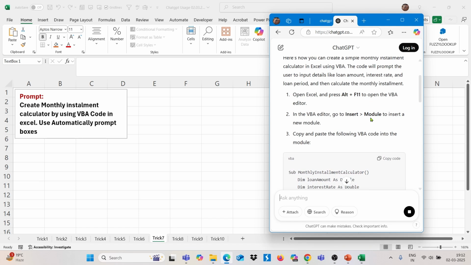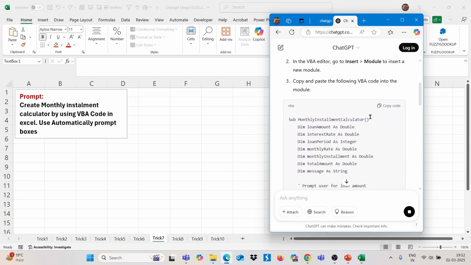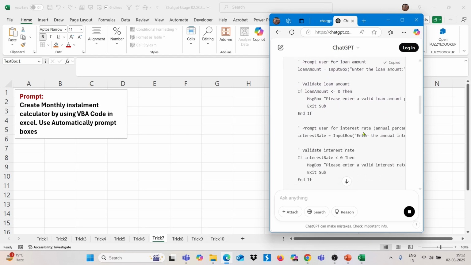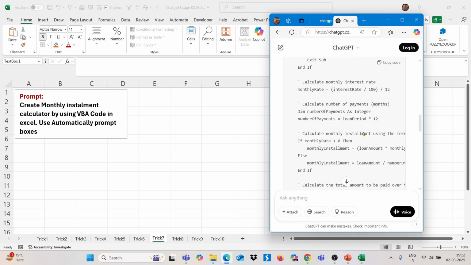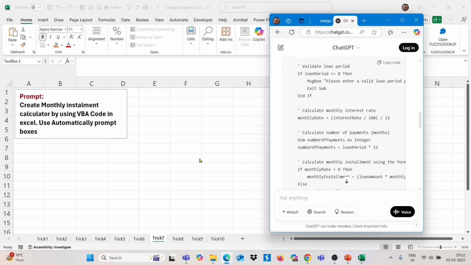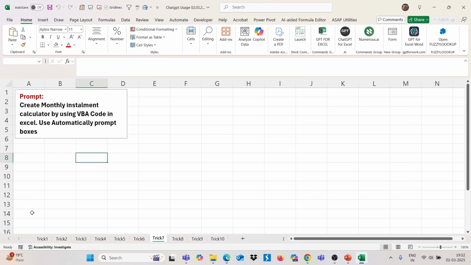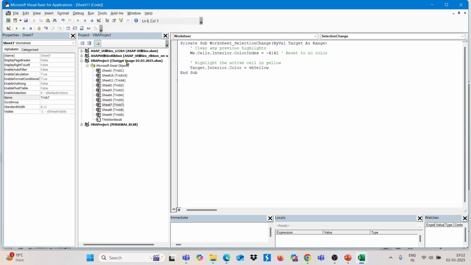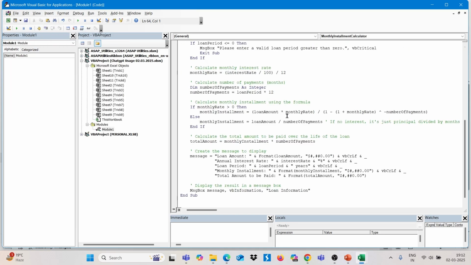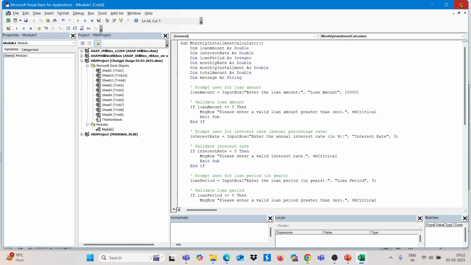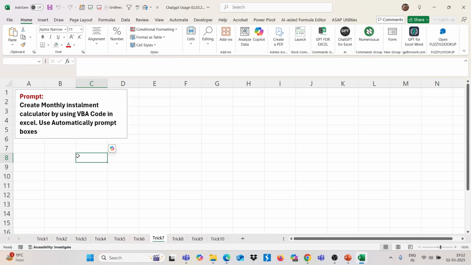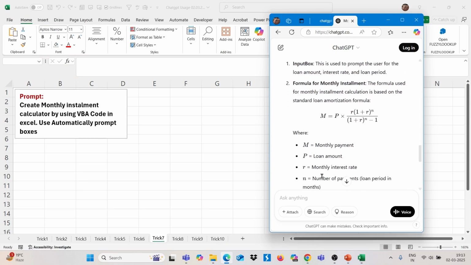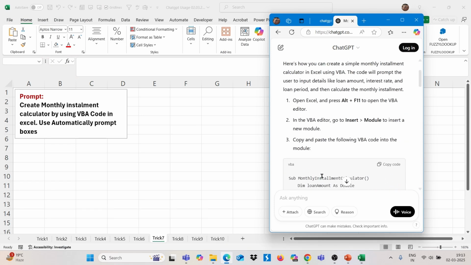Okay, Alt F11, insert module and paste this code. So this is the VBA code given by ChatGPT. I'm going to copy and paste it in the module. For this, you can use Alt F11 first, go to Insert, click on Module, and here you can paste the code that is given by ChatGPT. Just close this. Now let's see. For using this, it also gives me one description here. If you want to use this, what we have to do,